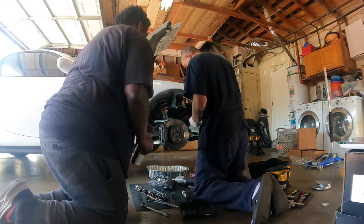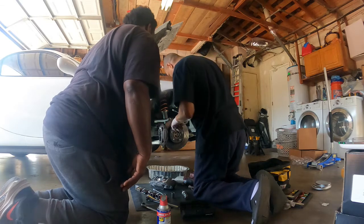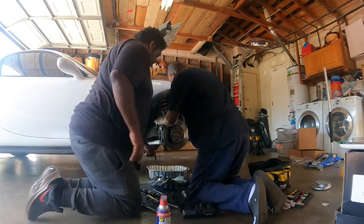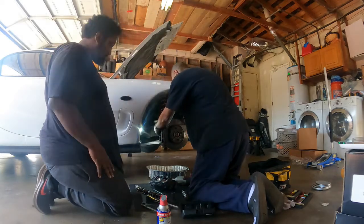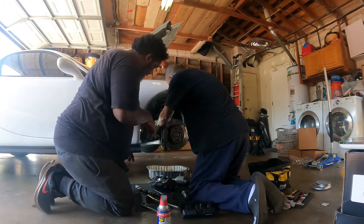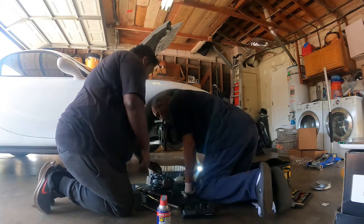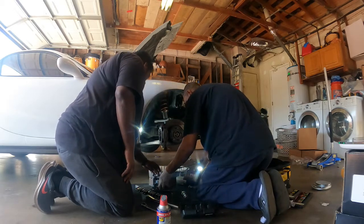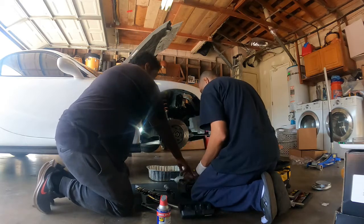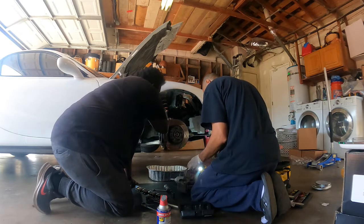Okay, so what I'm saying is, this is the front. I think it goes, yeah. So then, what we want to caliper. They're all banjo, so I can't hook it up to that. Okay. So we wanna put that in here then. Right now, and since there's fluid in there, maybe use this to cap that off. So by the time we get it up there,